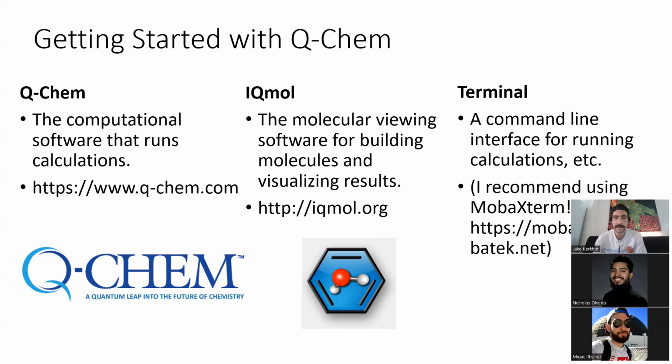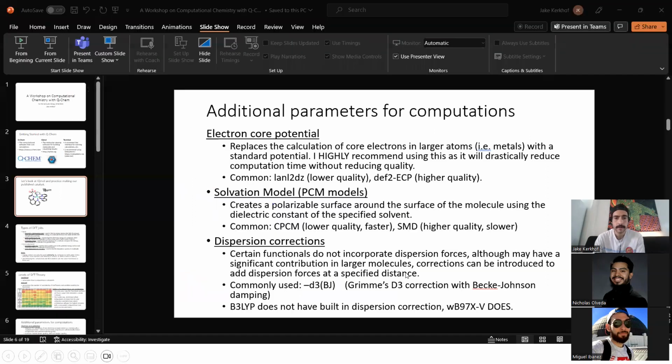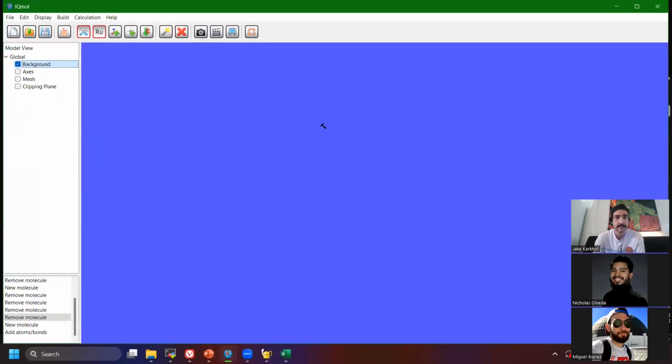So to get started, I'll just give a tour through IQmol. And I'll try to build our published catalyst, this ruthenium terpyridine phenanthylene sulfonate. So when you start, open up IQmol. This is kind of what it'll look like. You'll have this pane on the left side, which when you add molecules, you'll be able to see them here. You have your drawing space, and you have all the building commands up in the top, as well as various calculation